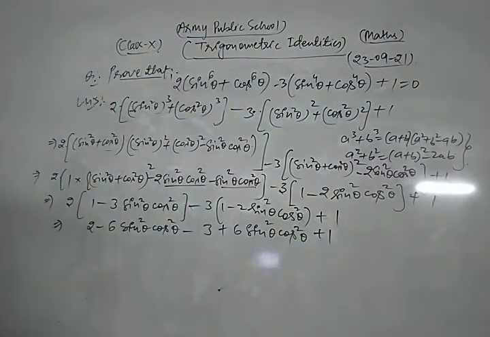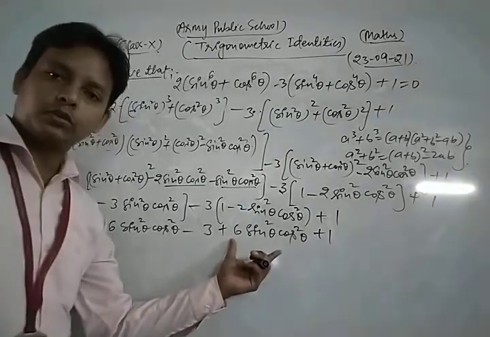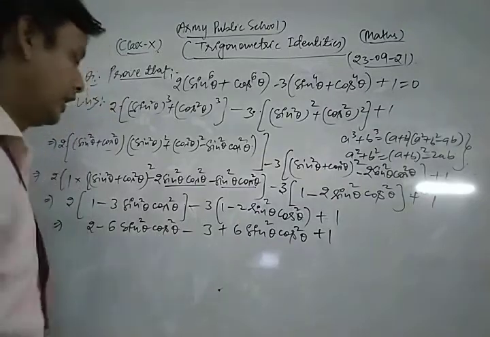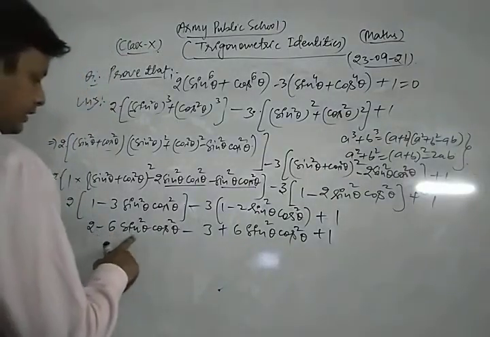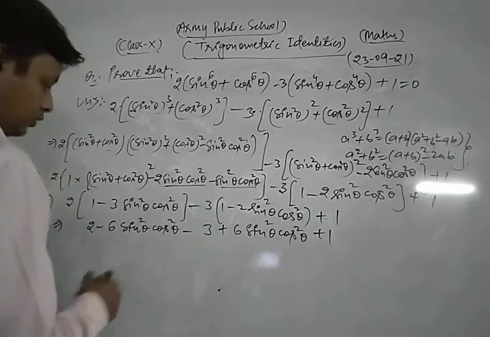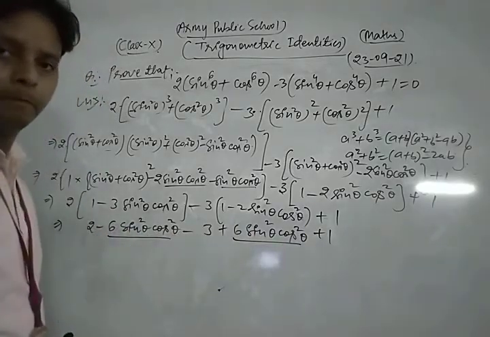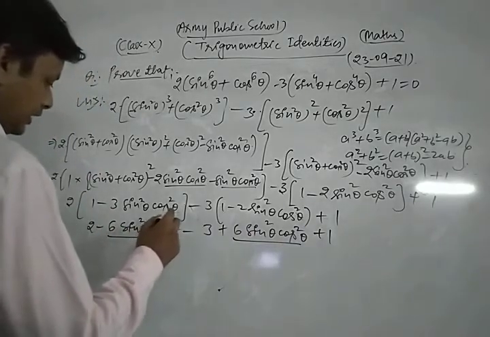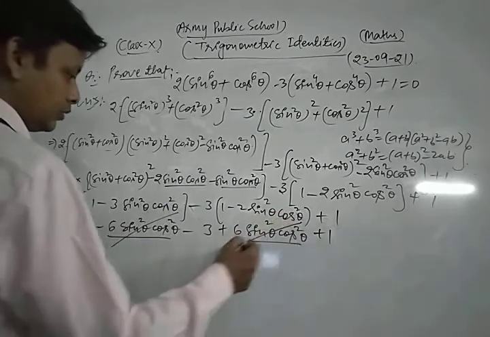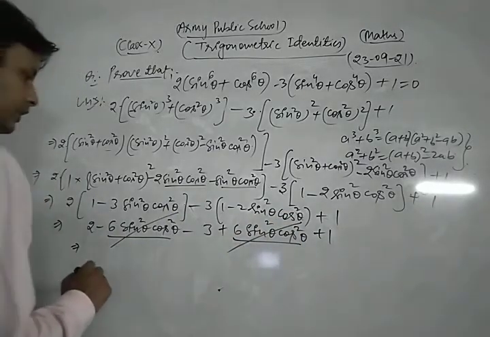Okay, now look, this is plus 6 sin square cos square theta, and this is minus 6 sin square theta cos square theta. These are the like terms, dear friends. So 6 sin square theta cos square theta and minus 6 sin square theta cos square theta cancel each other. Now what do we get, look,